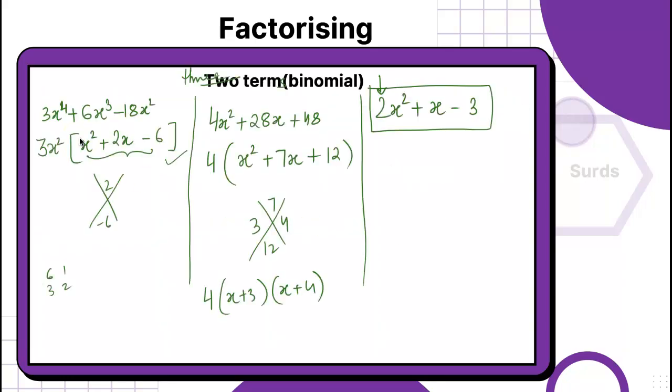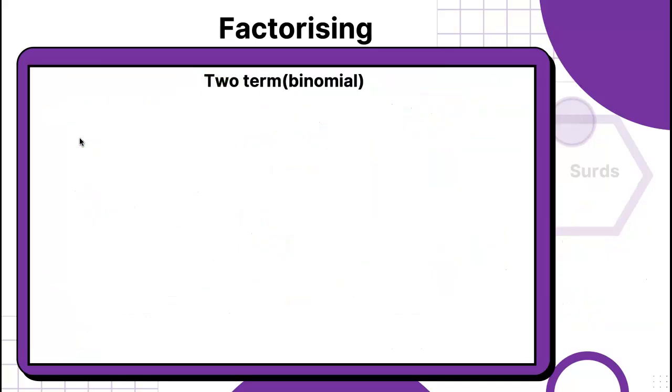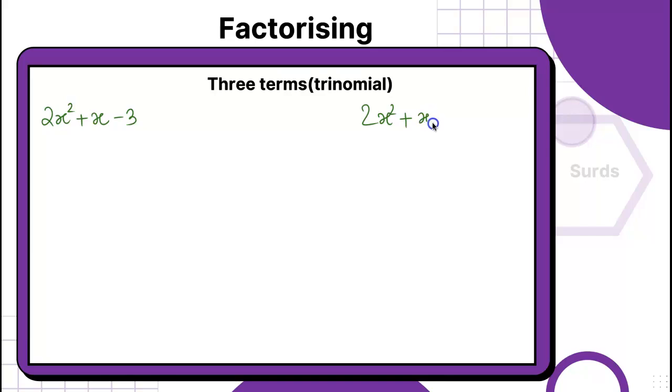It was the question there. We saw it: 2x squared plus x minus 3. Let's try with this only. 2x squared plus x minus 3, right? So I'll teach you two methods to solve the same thing. One is going to be the shortcut one, and the other one is the one basically every teacher teaches, I feel.